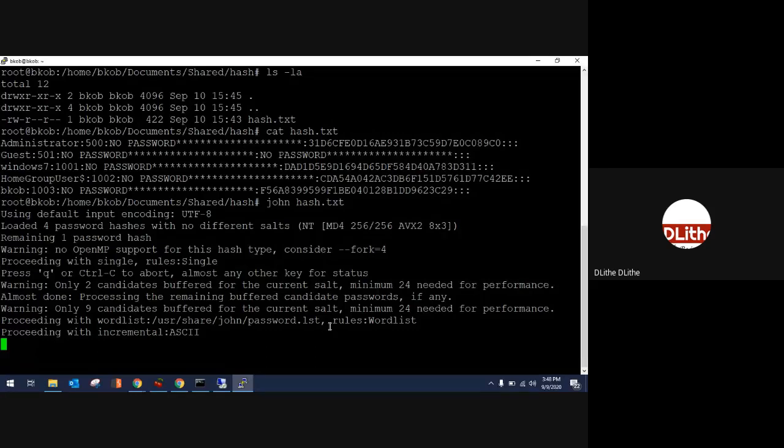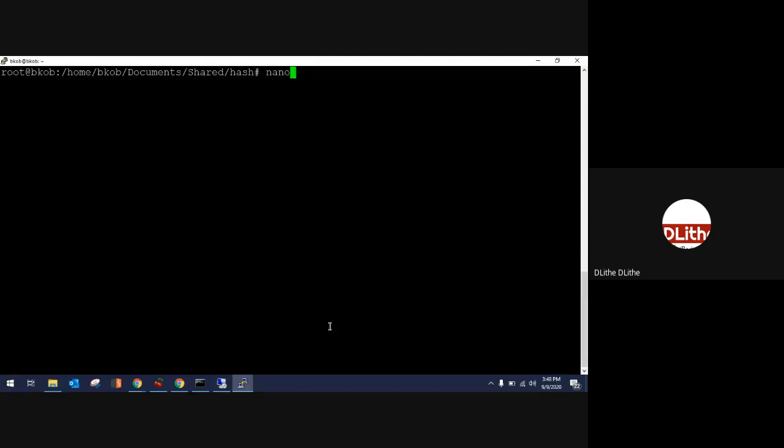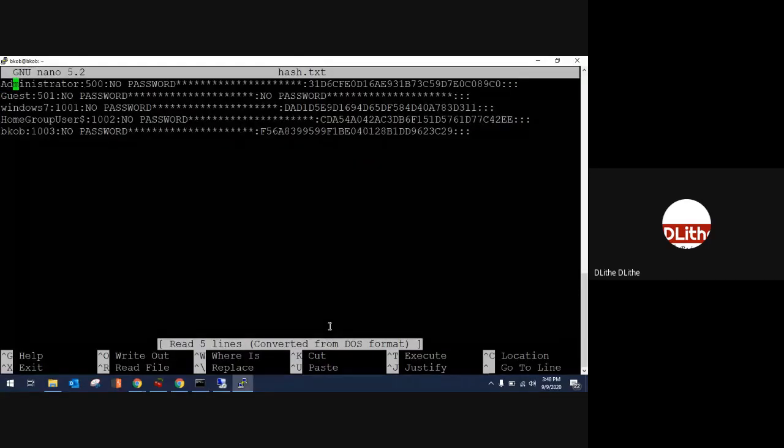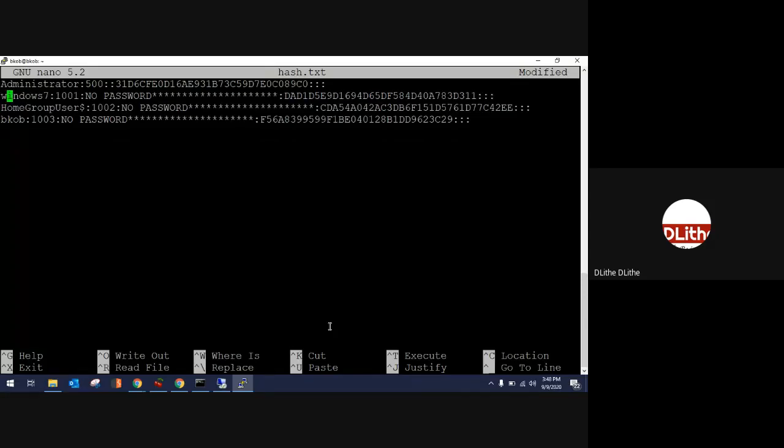Okay. So what John will do is, here we are not providing any password hash, and that's because this file is not importable in John. Let me make it importable in John. That is, we need to remove this text. Let me do the same thing over here. This does not have a password hash. Let me remove this out. Similarly, let me remove this one.